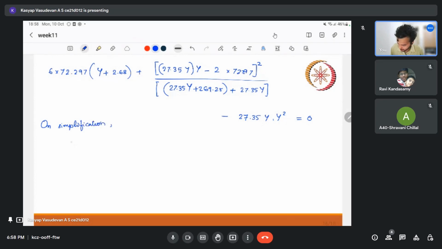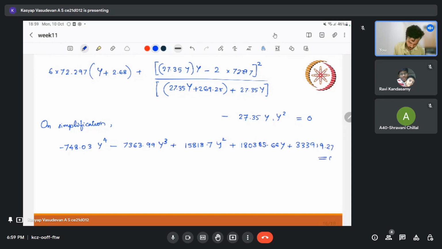This equation will be 748.03 y4 minus 736,399 y cube plus 15818.7 y square plus 1803, the numbers are quite big, 66y plus 333,919.27. This will be equal to 0. So this is our equation